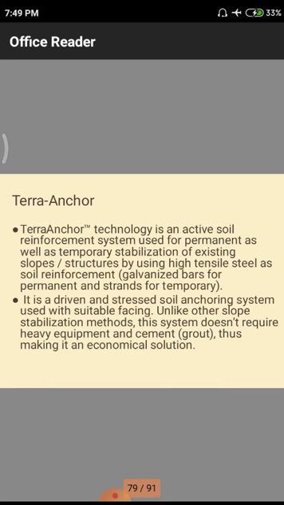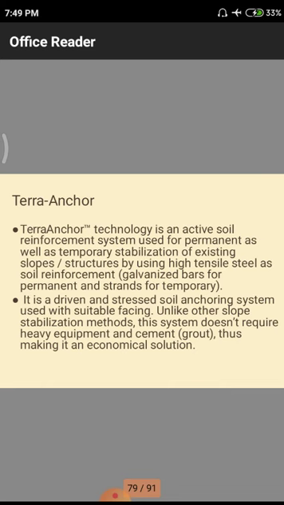Some quantity of steel may be injected or driven through the soil, and after the driving is over they apply some stressing on two sides. They are applying some forces. Due to those stresses the total strength will be developed and a huge amount of bond will be formed between the steel elements and the soil, so that there will be an effective distribution of forces and stresses.